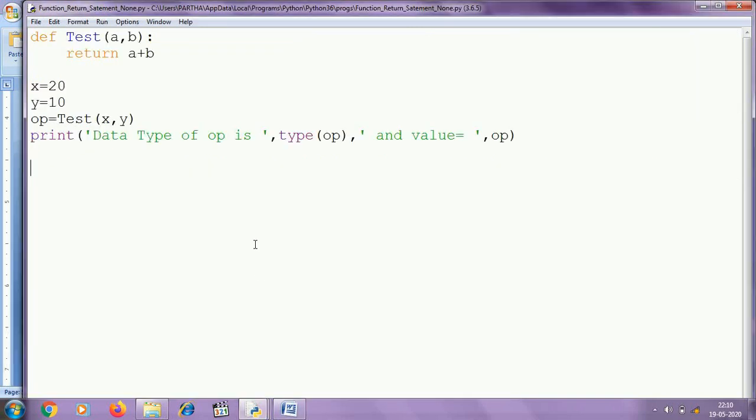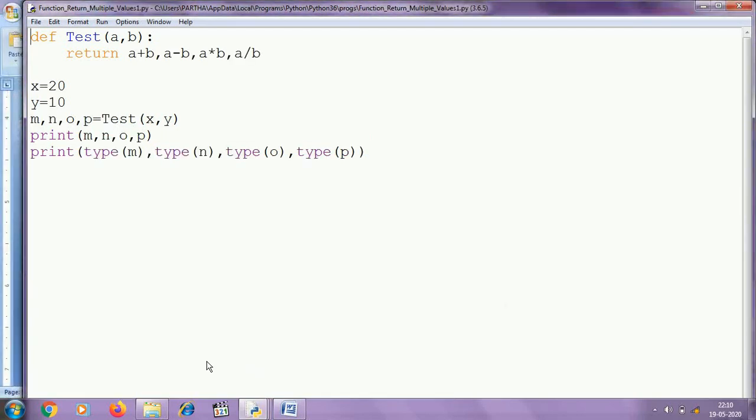In Python, we can return multiple values also, or multiple expressions or multiple literals also. For example, here I am returning 4 expressions: a plus b, a minus b, a multiplied by b, a divided by b. As it is returning 4 values, we can assign these 4 values to 4 variables.